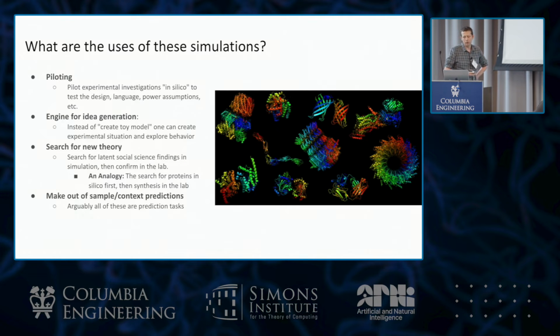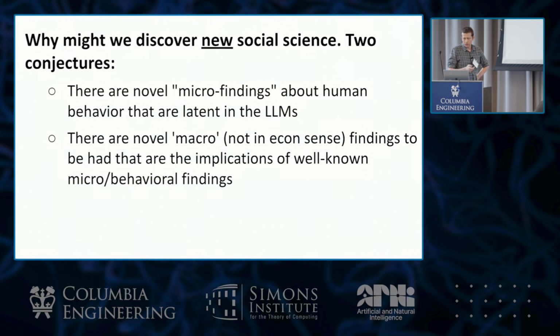And then the last is that we are often in the position of wanting to make predictions about the world. I talked about why we think there might be new social science. One is just that there are things that haven't been done yet. The other thing, which I think is very true in economics, is that often if we think we have a good understanding of, say, some micro behavior, we don't often understand the full macro implications, or what happens if you put a lot of agents acting in a certain way together, that kind of emergent phenomena, and simulation gives you a nice tool for approaching it.